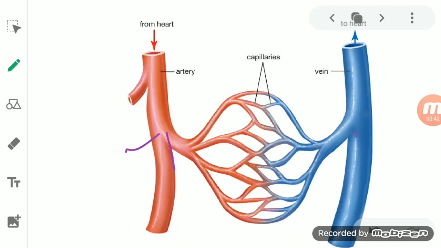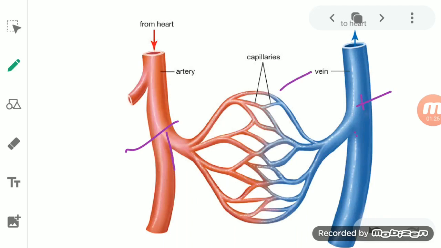One carries the oxygenated blood, and it starts from the heart. It comes from the heart to the different parts of the body, and as the blood contains oxygen, the oxygen goes to the cells of each organ, and from there carbon dioxide enters the blood. So the blood becomes deoxygenated, and this deoxygenated blood finally becomes a vein. We call it veins. This connection takes place with the help of the capillary.